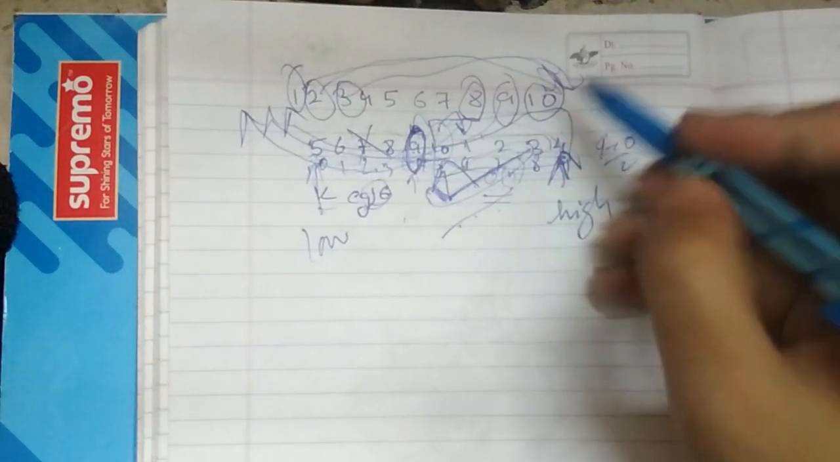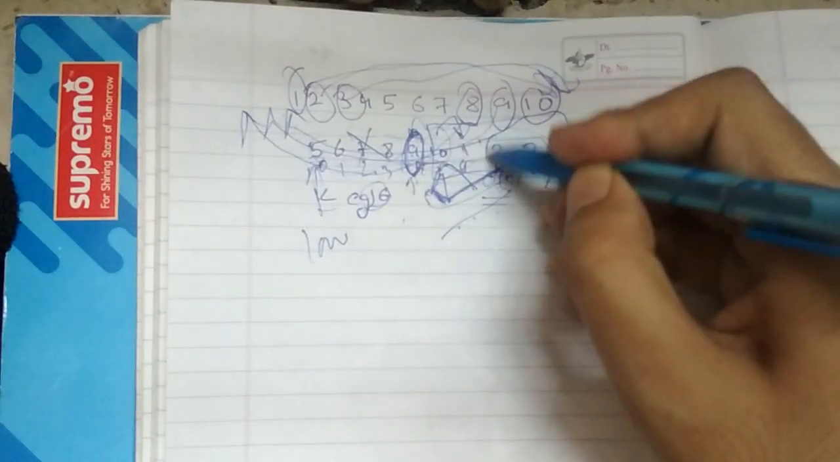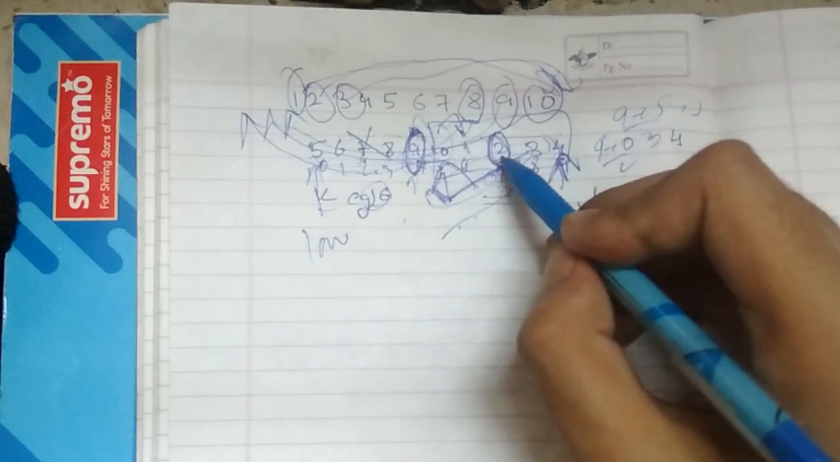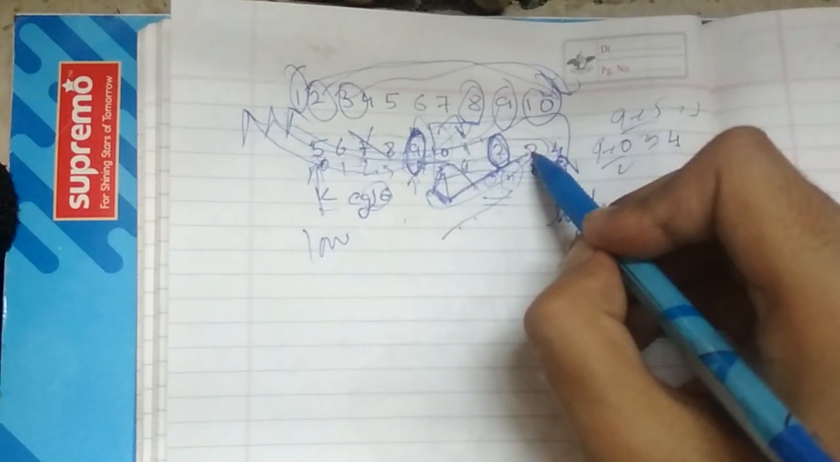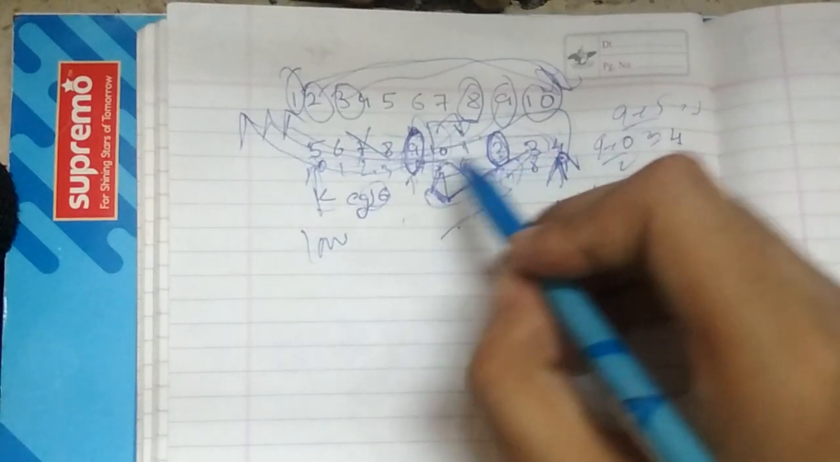Now we check in this. 9 plus 5 by 2, that is 7. Is this element greater than its next element? No, it is not. So this is not the pivot. Then we have to